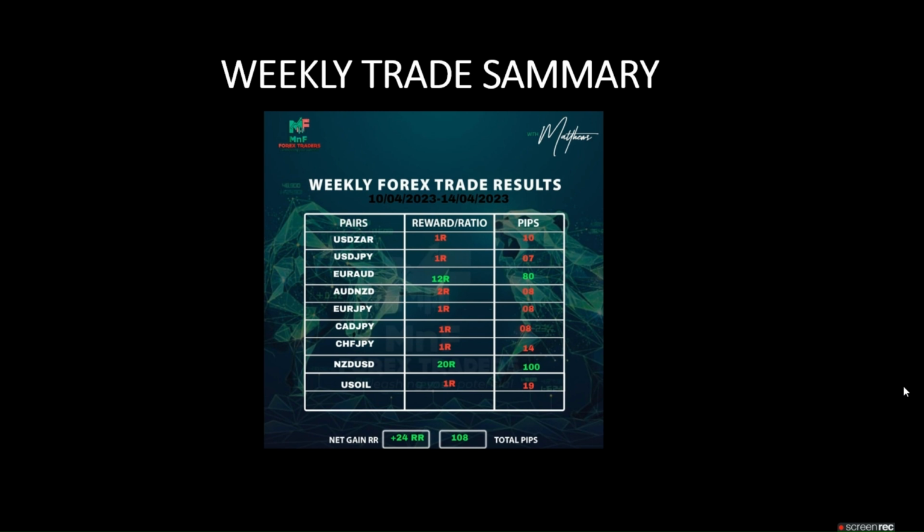But this here just shows you how you are supposed to be able to accept losses, because it's easier to give up after taking 4 losses in a row. But guess what? After taking 4 losses in a row, you get a trade that gives you 20R, and without you taking the next trade, you wouldn't have known that this was going to be a winner. I had no idea that this NZD trade was going to be a winner. All I was doing was executing my proven edge and having the confidence that if I continue to do this, I'm going to be profitable.